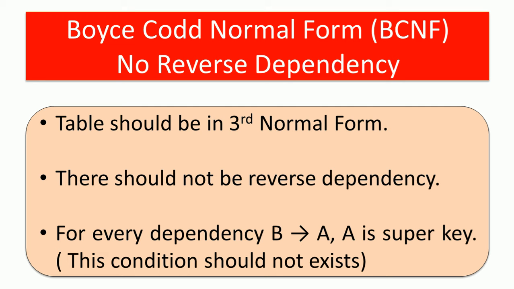What do you mean by the term reverse dependency? So I have explained in this third point, for every dependency, column A depends on column B where A is a super key. Usually how dependency will be, a non-primary key column will be dependent on a primary key column. So this is what the actual dependency will be. But in case a super key or a primary key column is dependent on a non-primary key column, that is what reverse dependency is. We will have a detailed look at reverse dependency in the next slide.